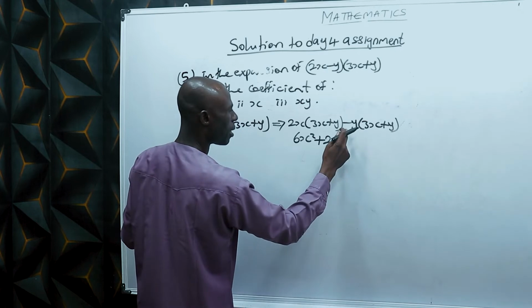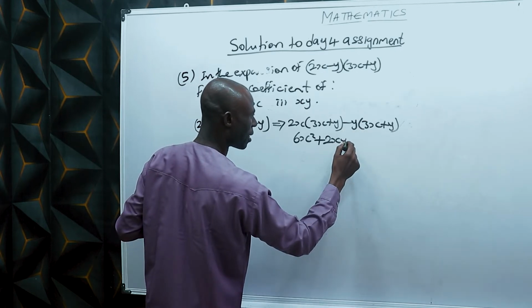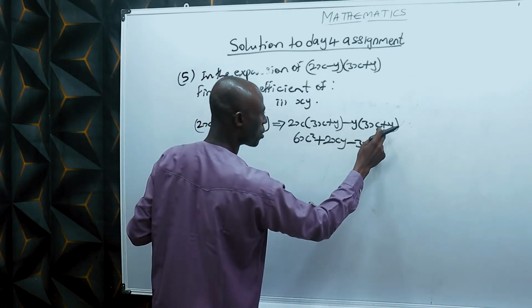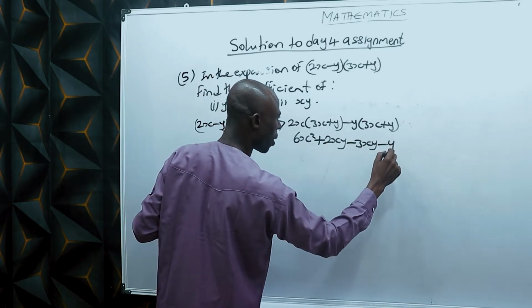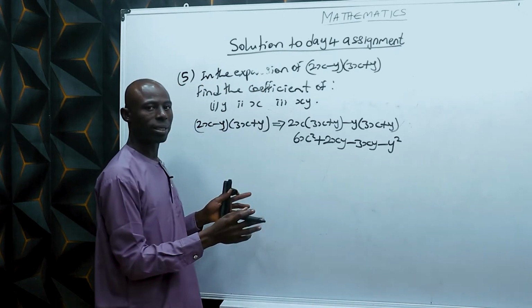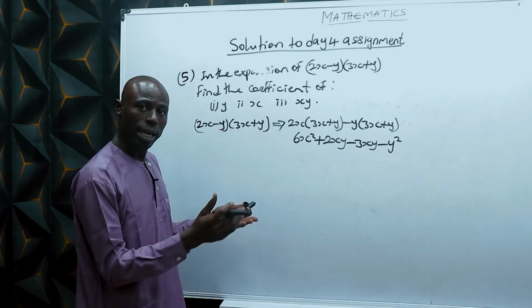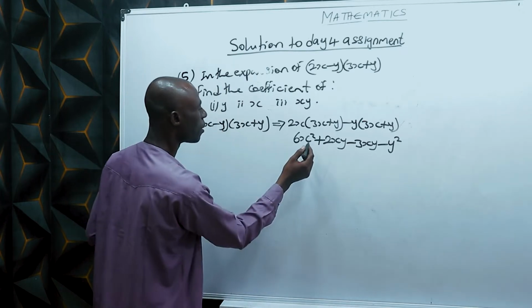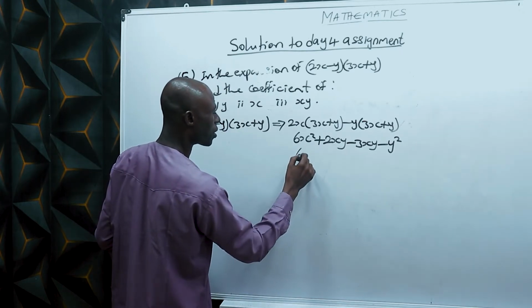Let's open this. Negative y times 3x is negative 3xy. Negative y times positive y is negative y squared. Y times y is y squared. A times a is a squared. M times m is m squared. P times p is p squared. Don't forget. So simplify this. You have 6x squared